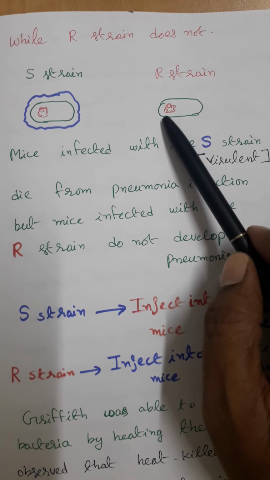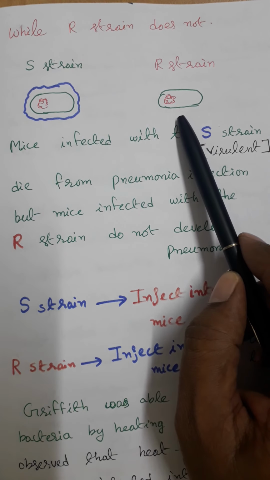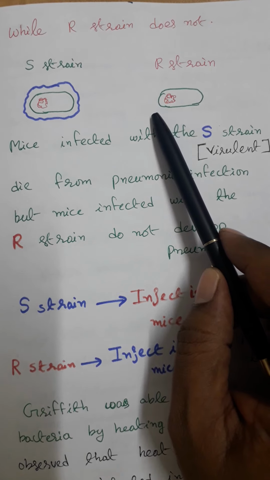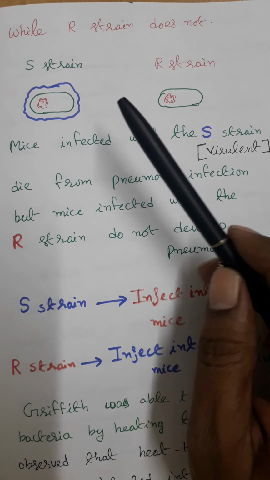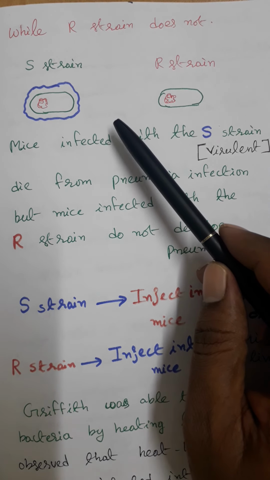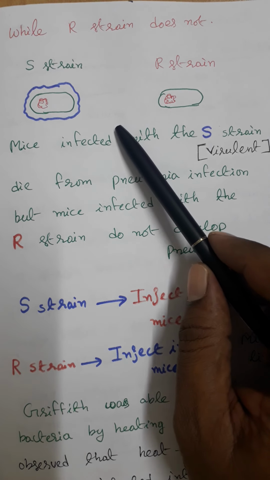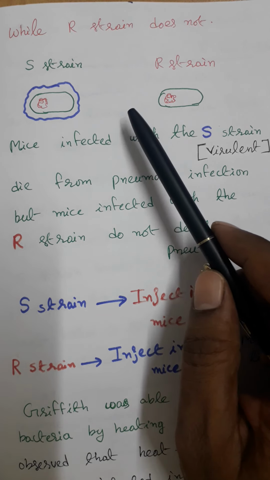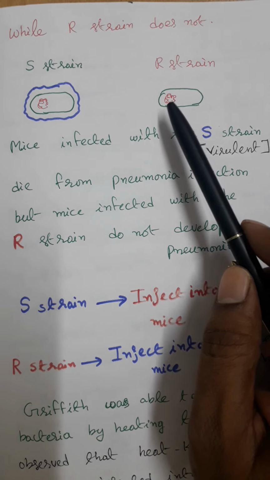So, two types of strains are there: S strain and R strain. Bacteria are differentiated into how many types based on the strains? Two types, S strain and R strain. Based on the shapes, how many types of bacteria are there? Four types. As per NCERT, you have already learnt the types of bacteria based on shape: coccus, bacilli, vibrio, spiral.